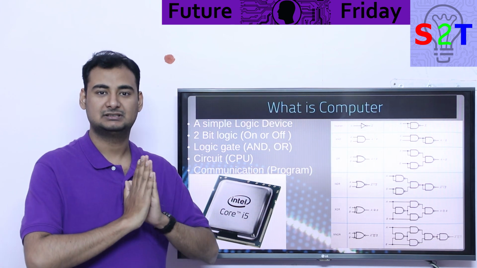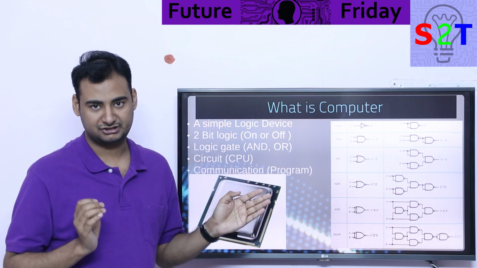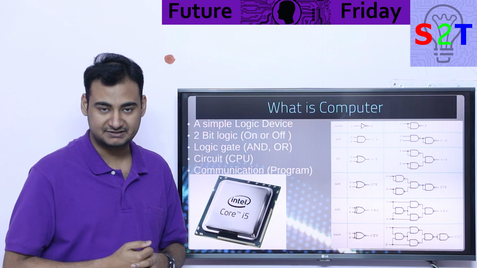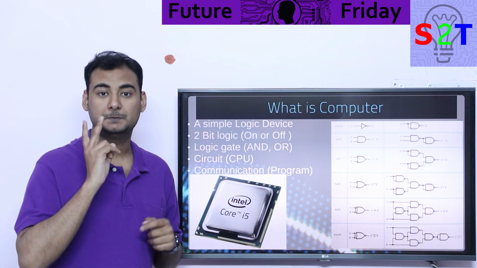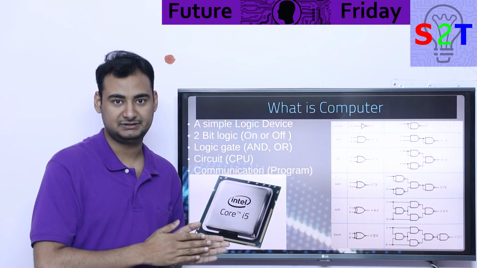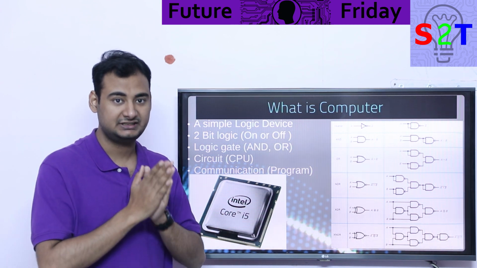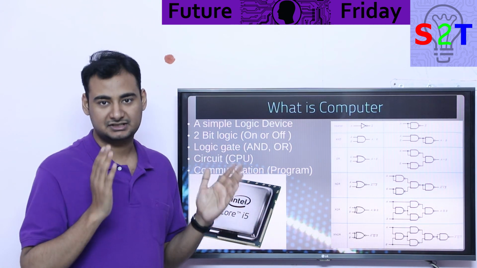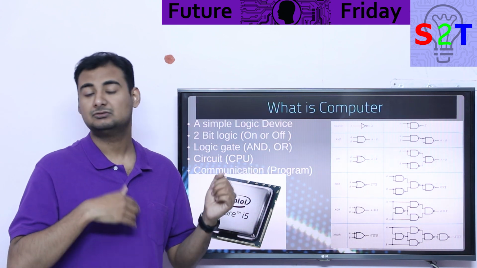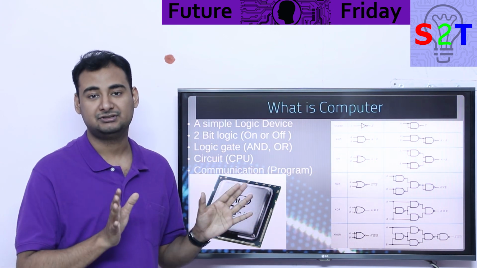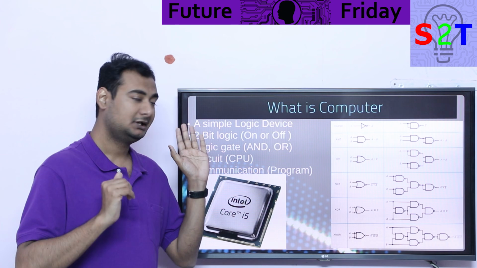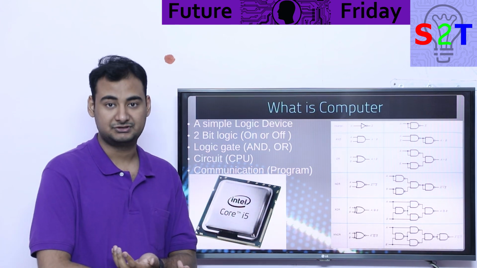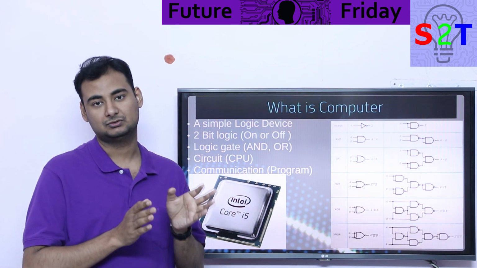Well, if you simplify all the magic about it, it's just a logic device. Now, how the heck is a logic device made? Well, it's made using 2-bit logic. What the heck does that mean? That simply means because we are using electricity as the medium, electricity only has two states, either it is on or it is off. For our computer, we chose that. So we took that, either on or off, which we call bits, 0 or 1.